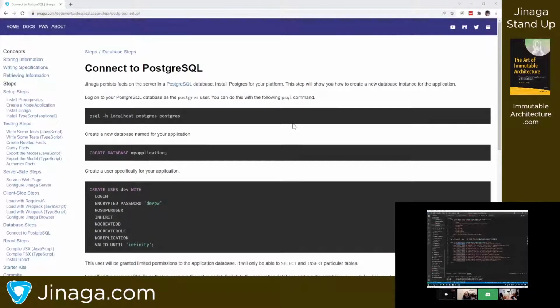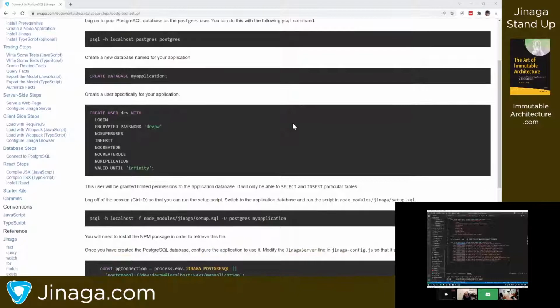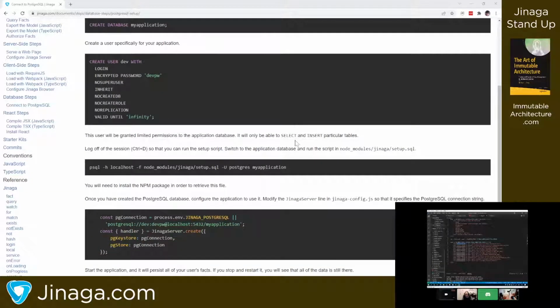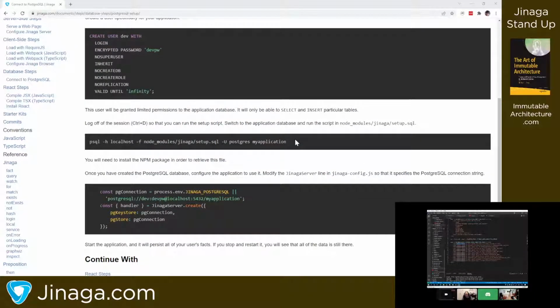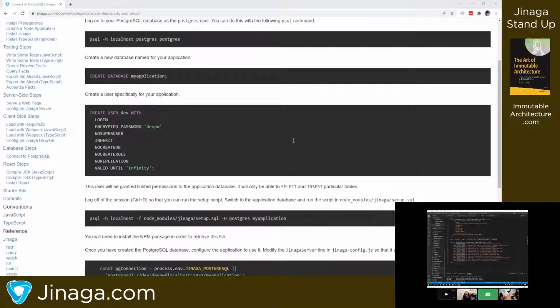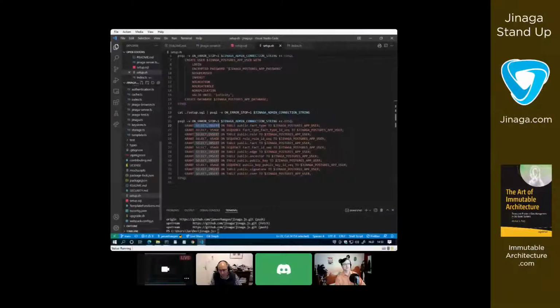I think the only place where it actually shows up in documentation is in a comment, or it used to be in a comment in the shell or in the SQL script. Yeah. So that definitely needs to be updated.